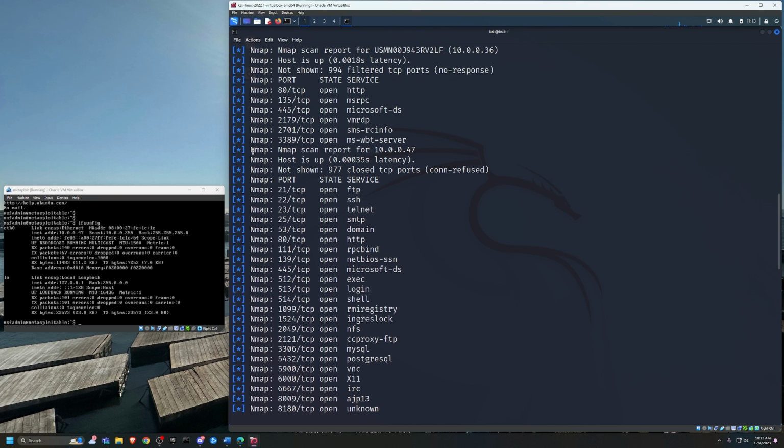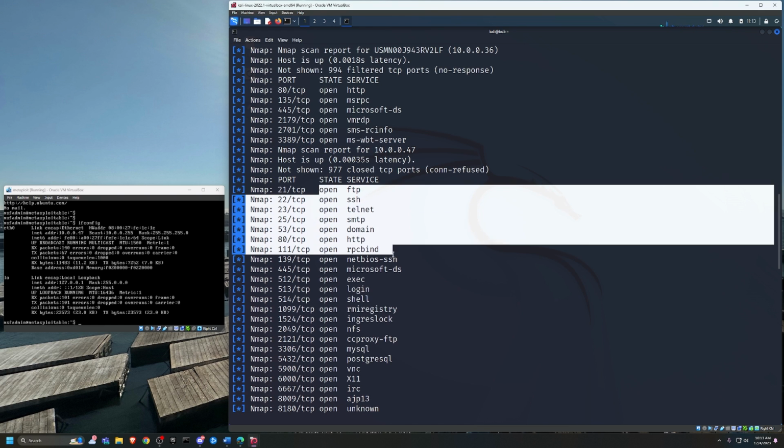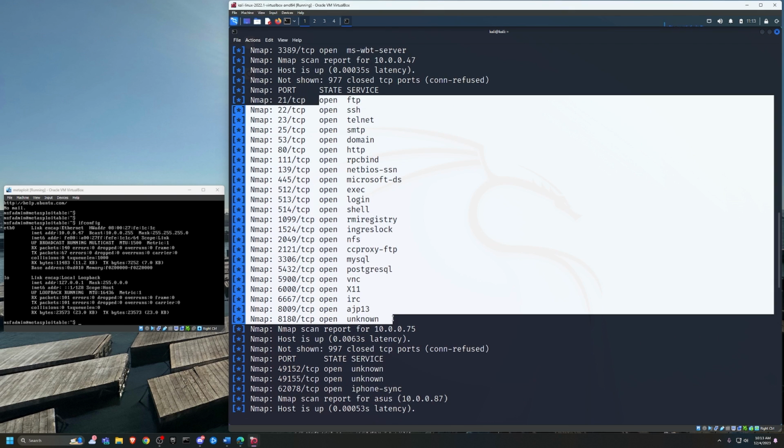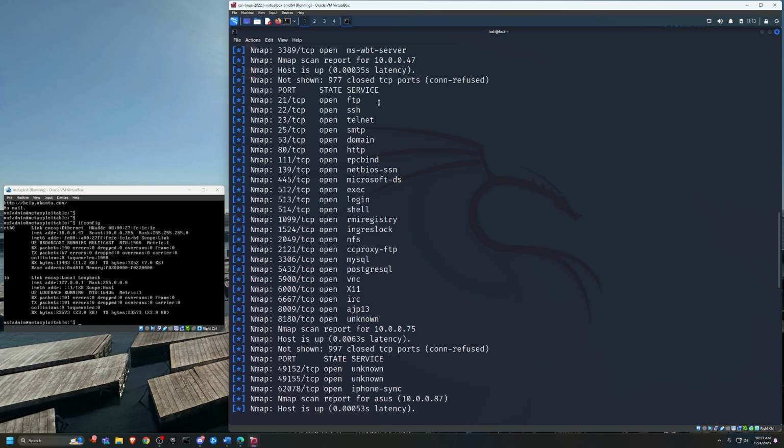So here's our nmap. Here's the host that we scanned. This is the server we're trying to attack. And you can see we've got all these open services: FTP, SSH, Telnet, HTTP, Microsoft, yada yada. First I'm going to target this FTP service